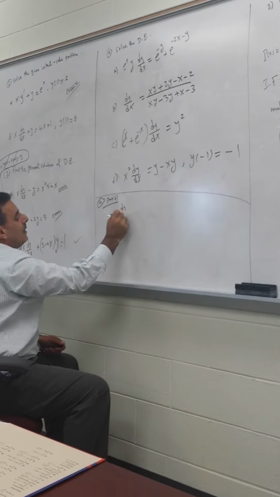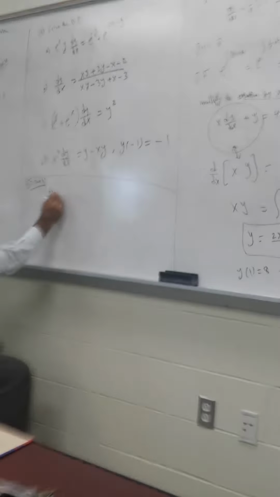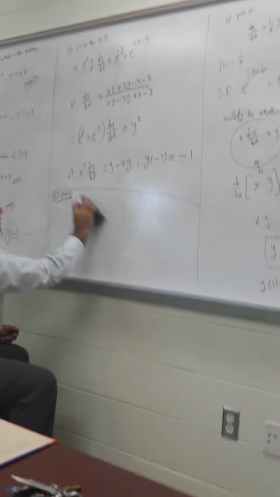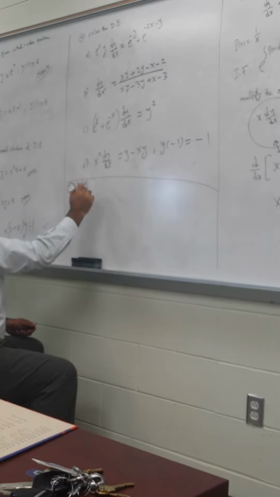equals dy by dx equals to, what do we need to do? I'm not going to write it again. But we can